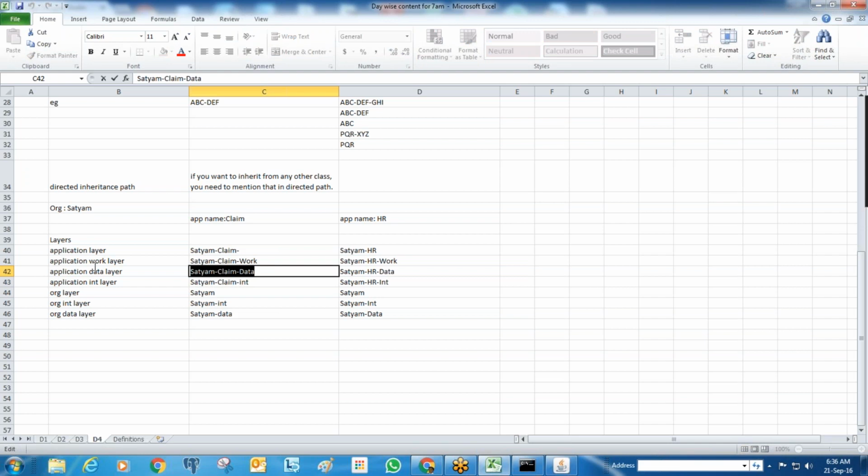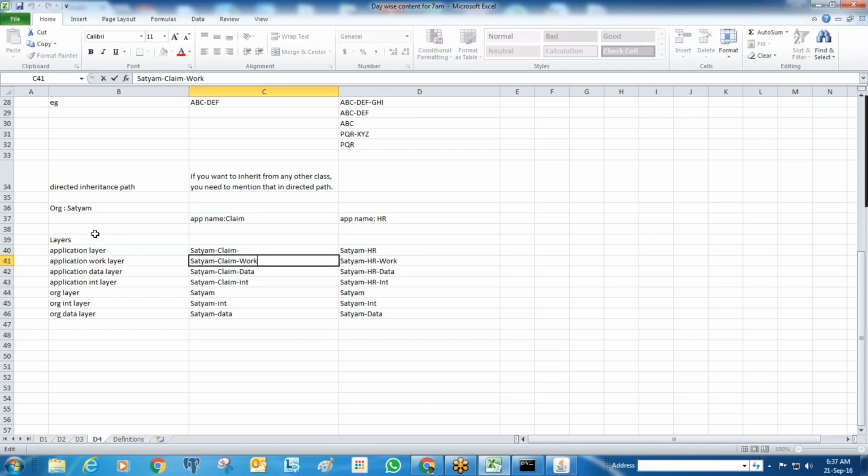So if you create a data class, let's say here a customer class is there, or some address class in the data layer. When you create an address class in the data layer, that means in the work layer I am doing multiple works.